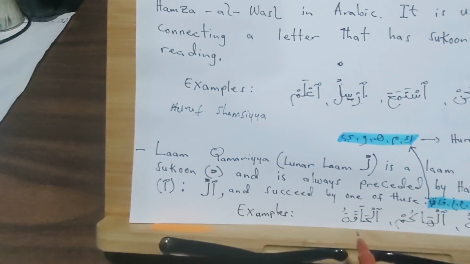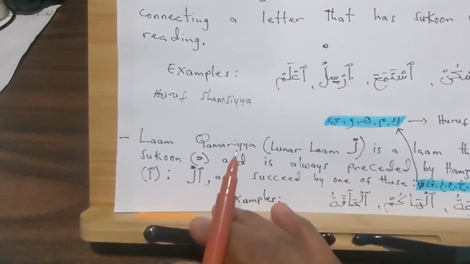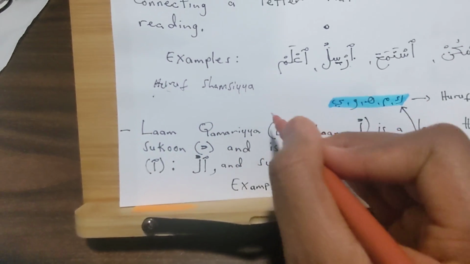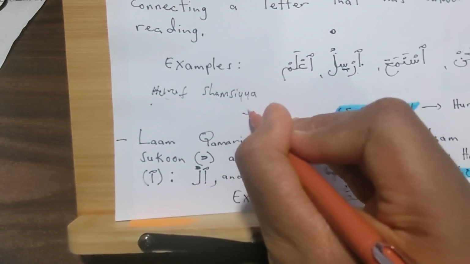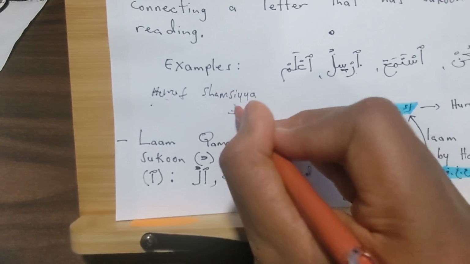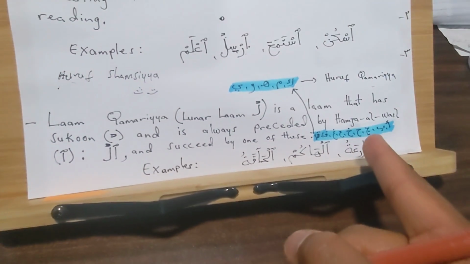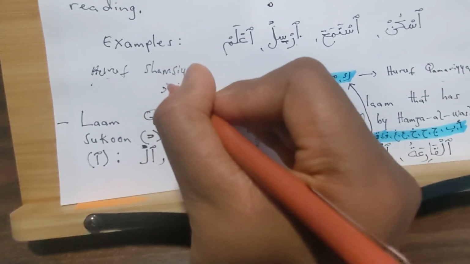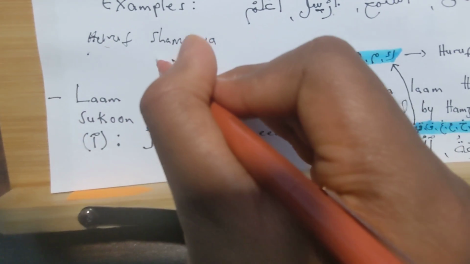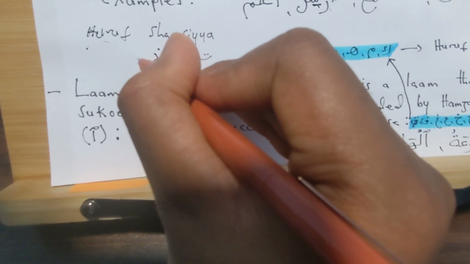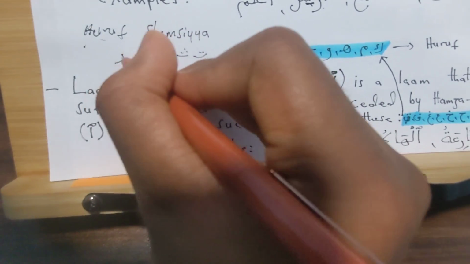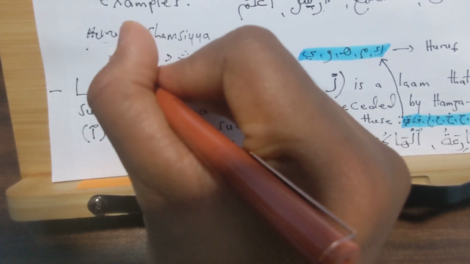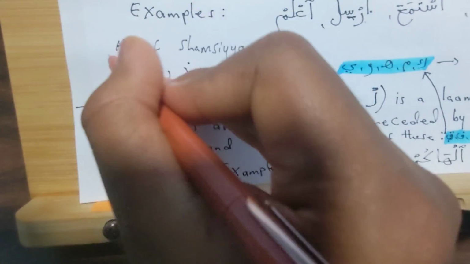The Huruf al-Shamsiyya means the solar letters. So the Huruf al-Shamsiyya are going to be Ta, Tha, Jim here, Ha, Kha, Dal, Dal, Ra, Zai, Sin, Shin,